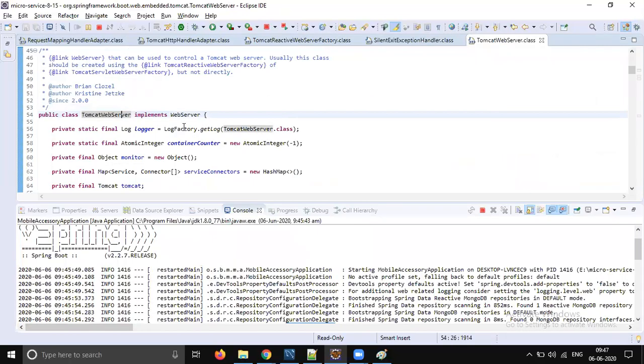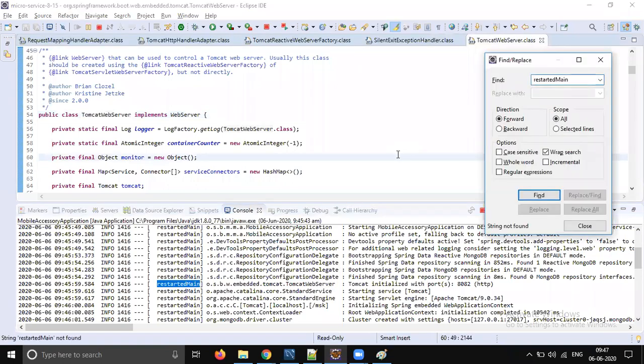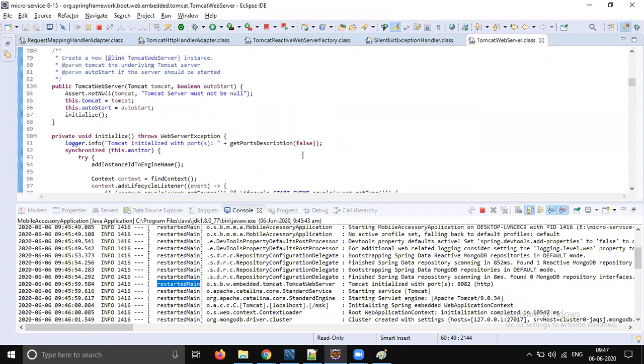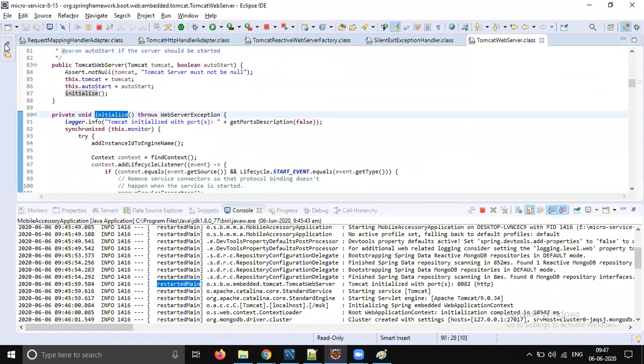So this is the class and what line number it is. I think this is the process ID. There is something printed. Restarted main. So we'll see where we have a logger, right? So initialize. So it's starting here. So the server is starting here.